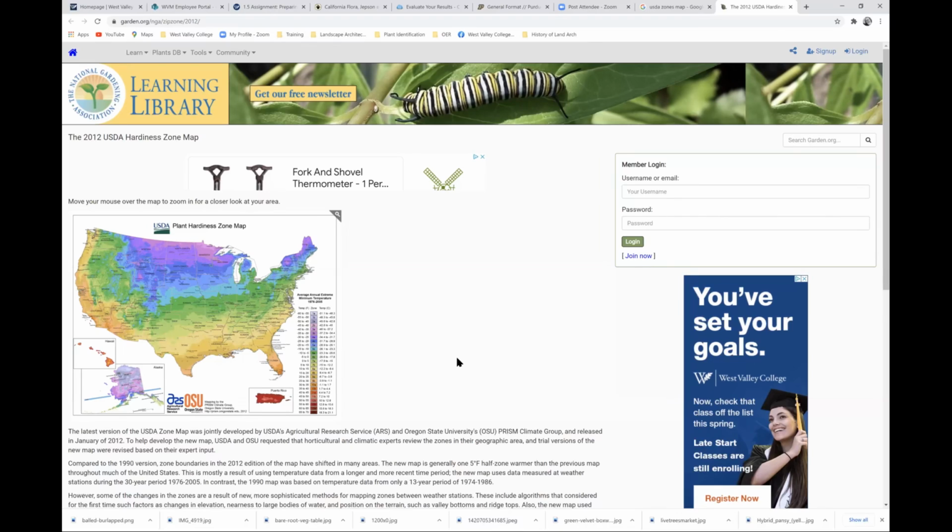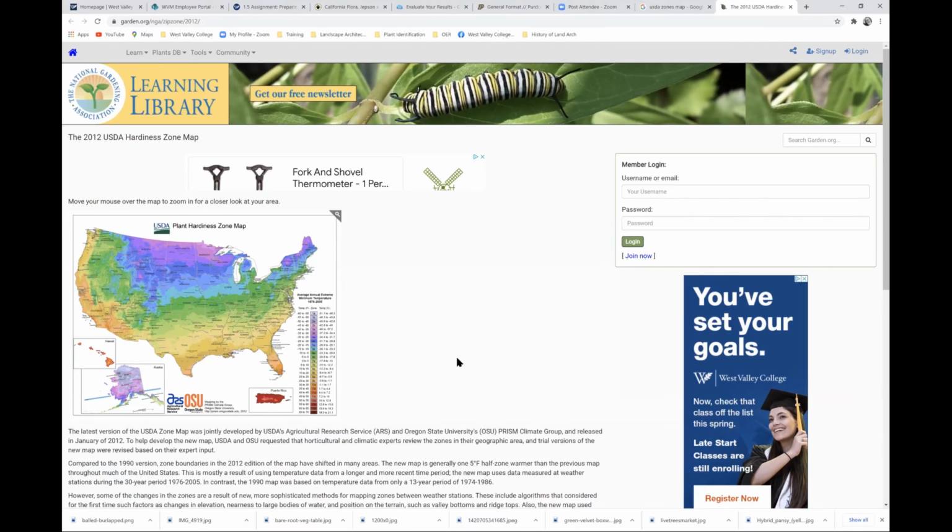Sometimes you're going to research plants that are not in the Sunset Garden book. And in that case, it's not going to share a Sunset zone. So it may only give you the USDA zone.